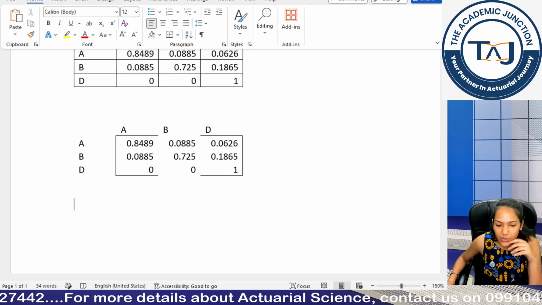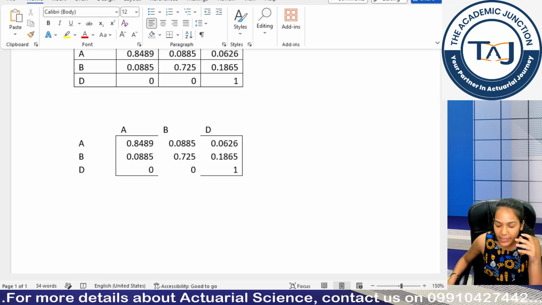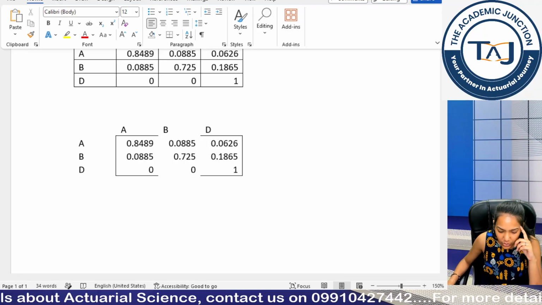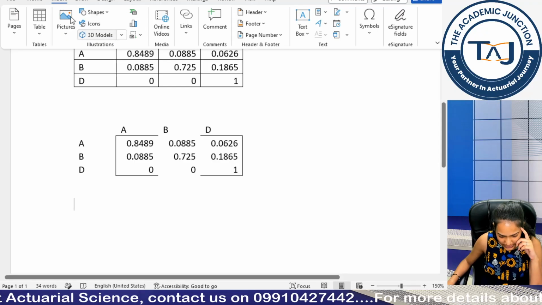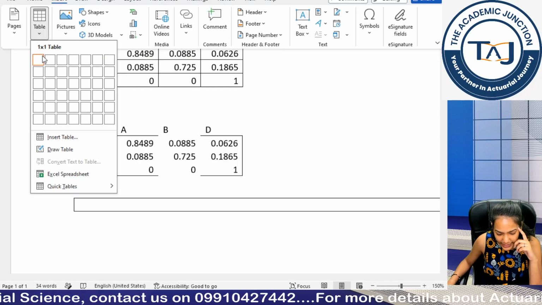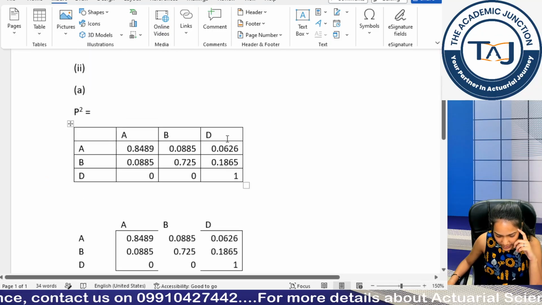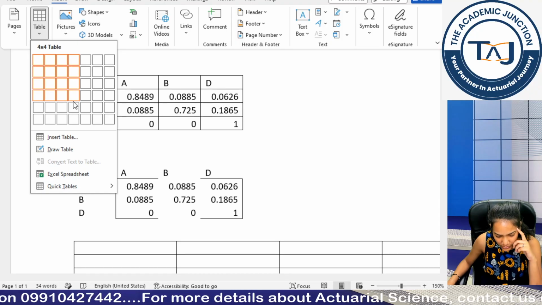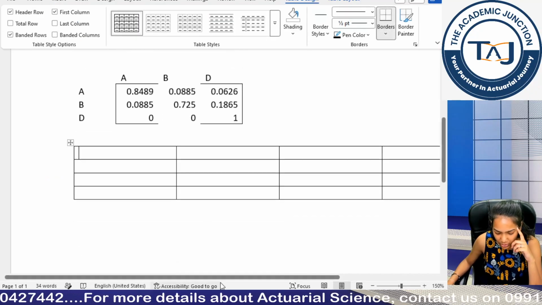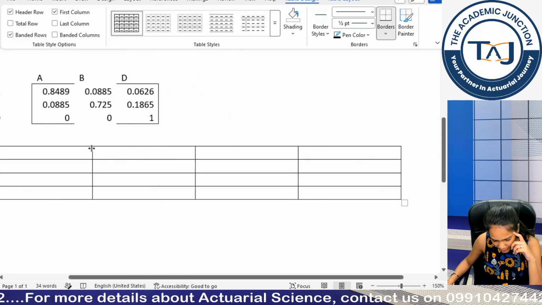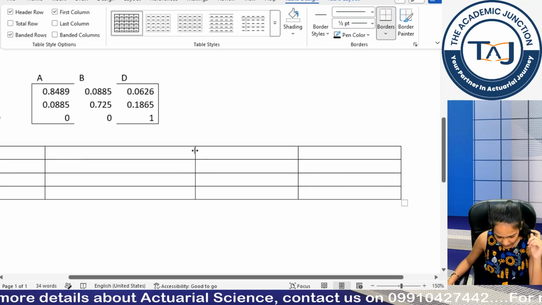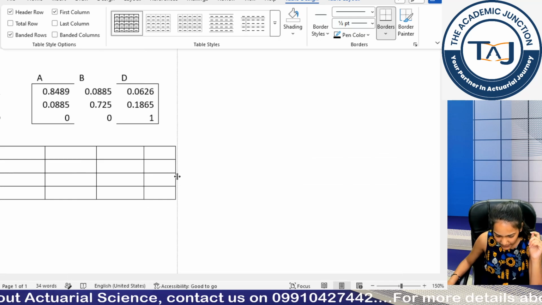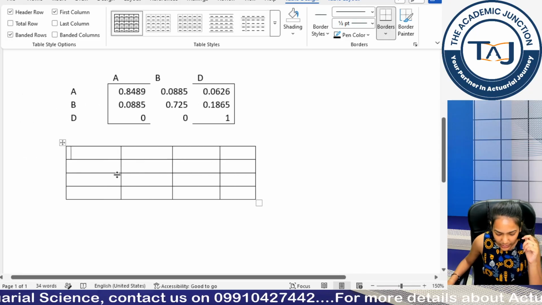Now if you are not willing to use Excel, and you have your calculator values, what else you could do is insert a table through Word only. Insert, go to tables, and I want how many sides? 1, 2, 3, 4, 4 by 4, 16. So I will choose 4 columns and 4 rows. So basically you got your matrix formation. If you want, you can simply reduce the sizes of the rows and columns so that it looks a lot more presentable, but again it is conditional that you have time in the exam.